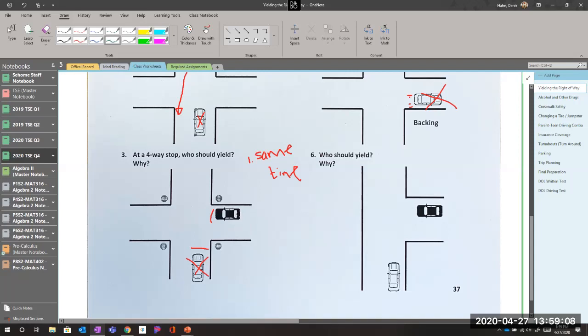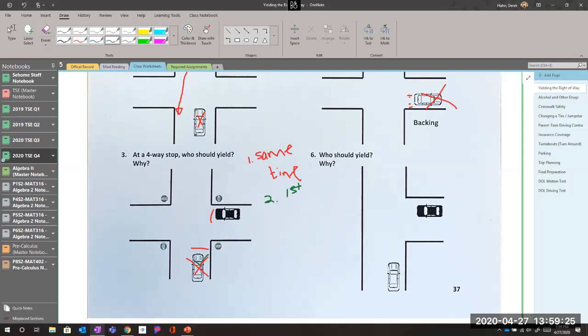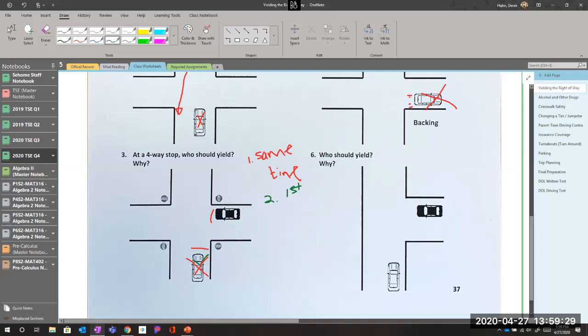If we stop first, say black car hasn't quite stopped yet, then we get to go first. Okay, but if it's at the same time, then we have to wait for them to clear before we can go. Okay. If red car is going straight